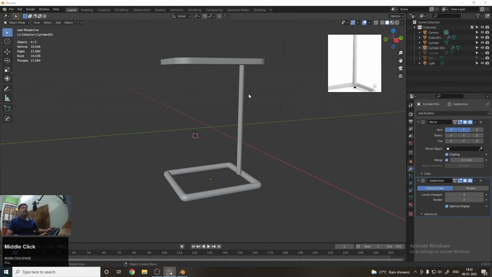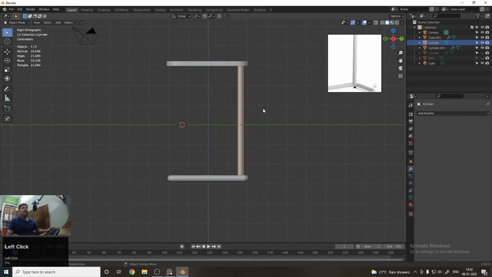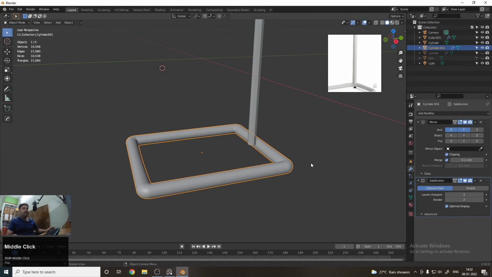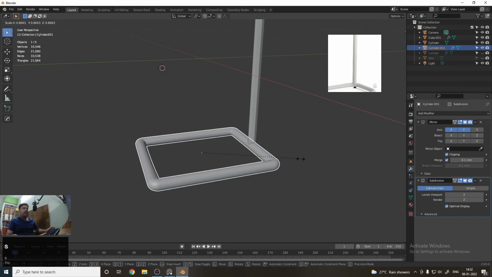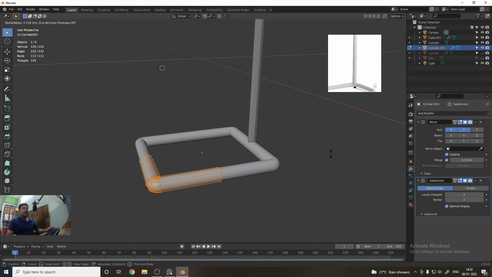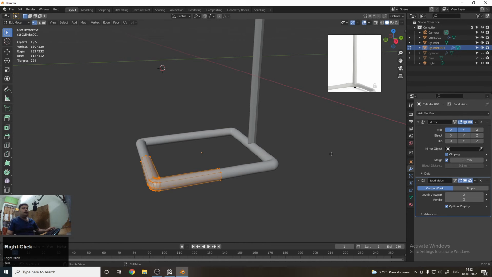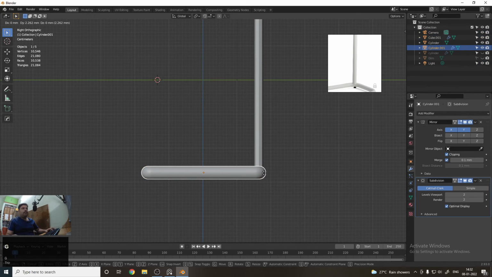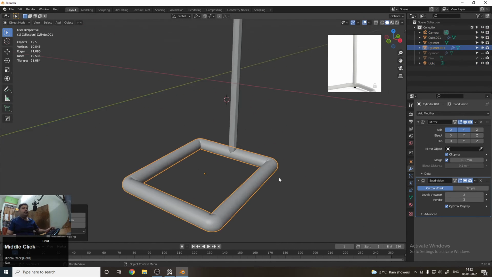And now let's move this portion a little backward, or else we will move in this manner and increase the scale. And move this a little backward.